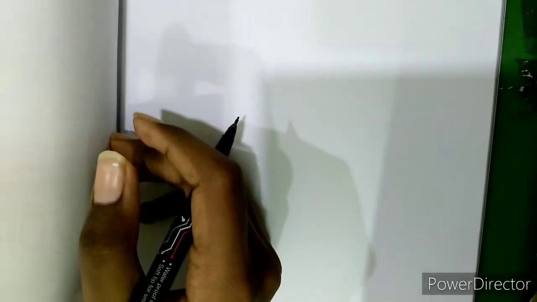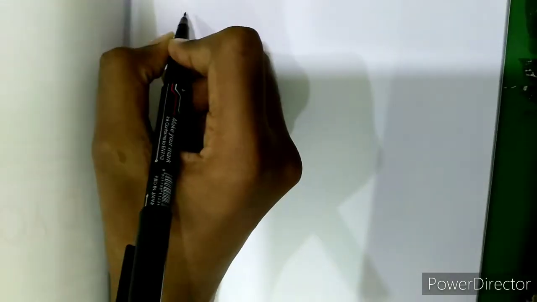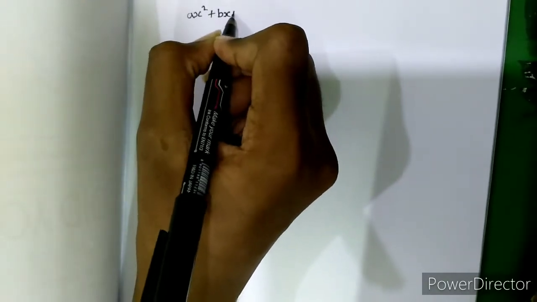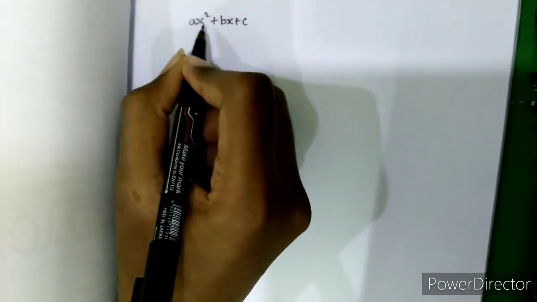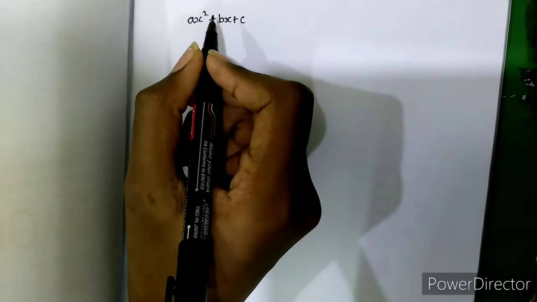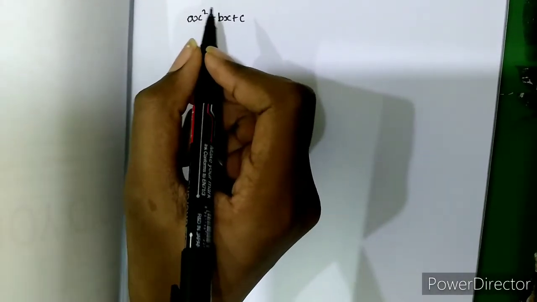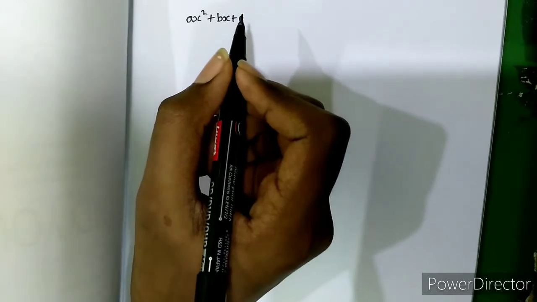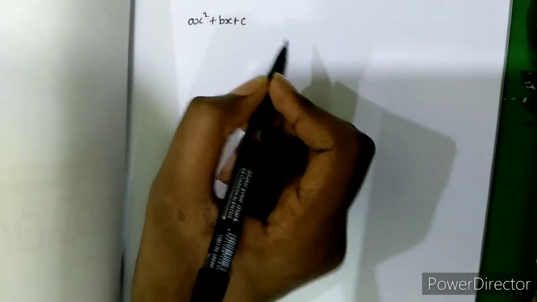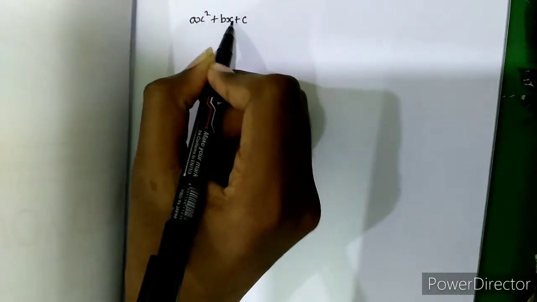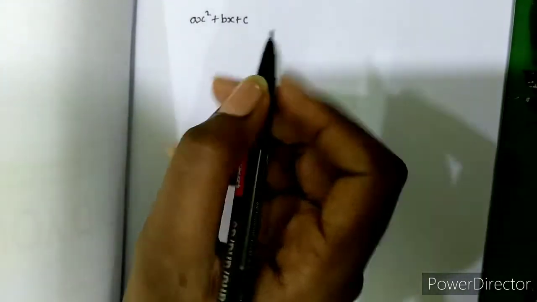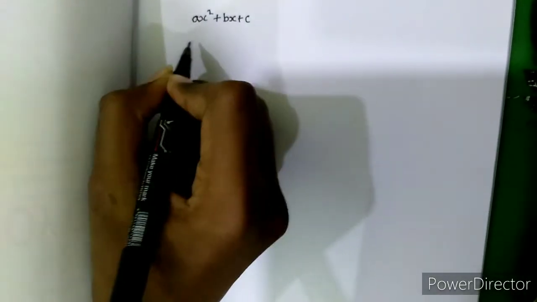Friends, you know the general form of a quadratic polynomial, that is ax square plus bx plus c. This is the general form of the quadratic polynomial. Now in this video I will explain the relationship between variables and coefficients in a quadratic polynomial. So you need to remember one general form exactly like this, that is ax square plus bx plus c. For a quadratic polynomial you need to remember this general form, that is